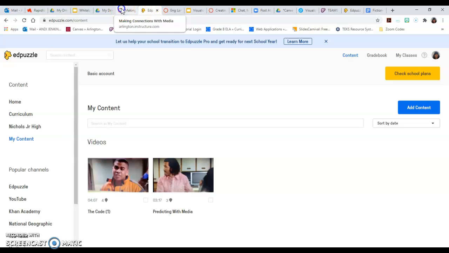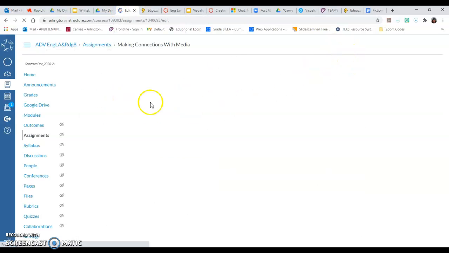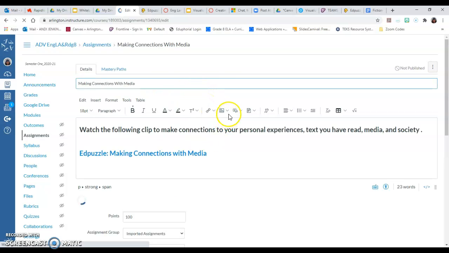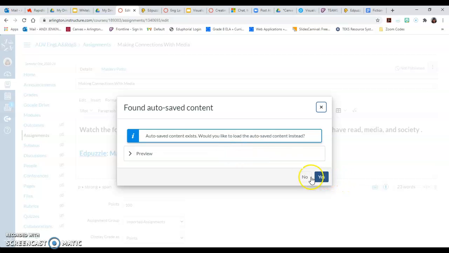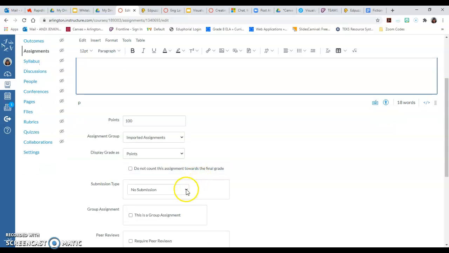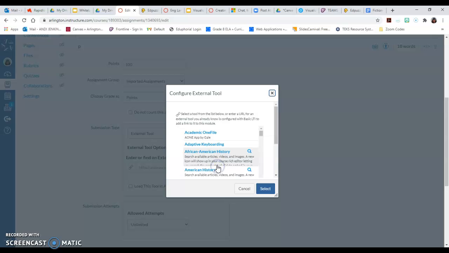So then I'm going to go back to this assignment and I'm going to edit it. I'm going to leave the instructions, but I'm going to delete the link because that goes to Miss Easter's link. And I want my own, I want the kids to go to my link. So I'm going to leave that that way. I'm going to go to submission and click external tool. And I'm going to find